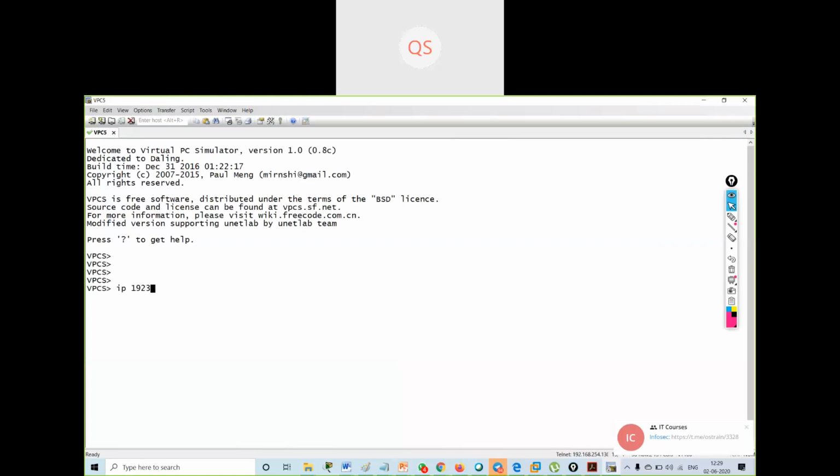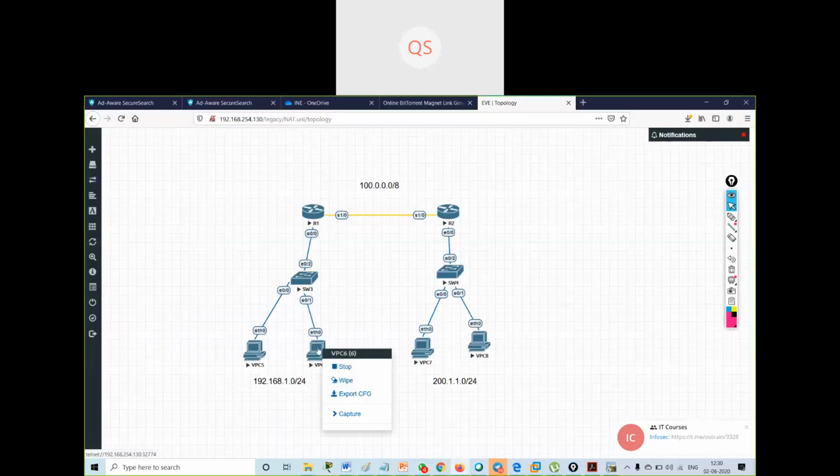IP 192.168.1.1, 255.255.255.0, then gateway 192.168.1.100. Then I will take the console of this.